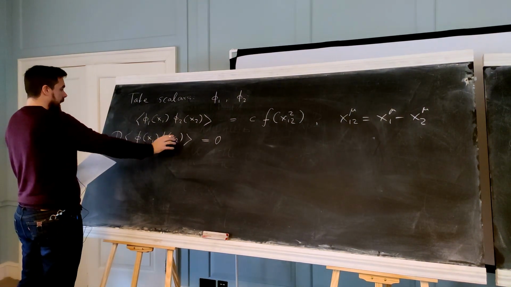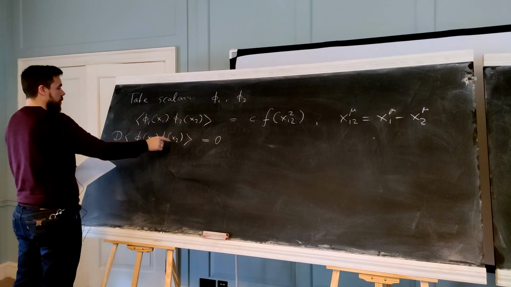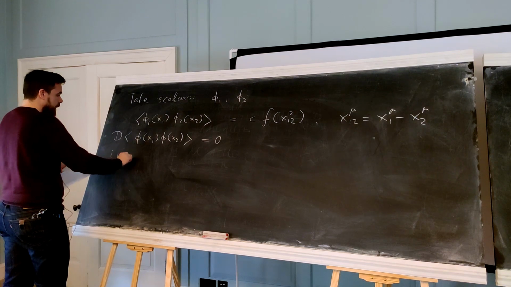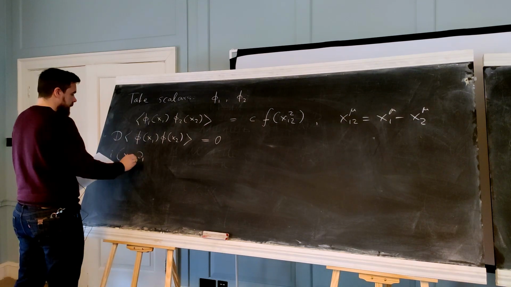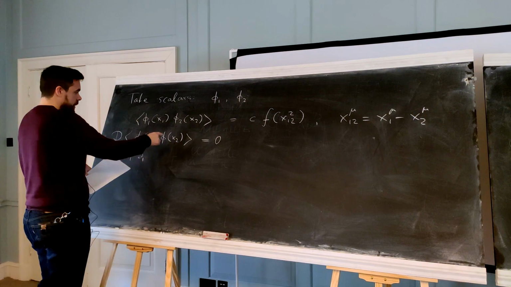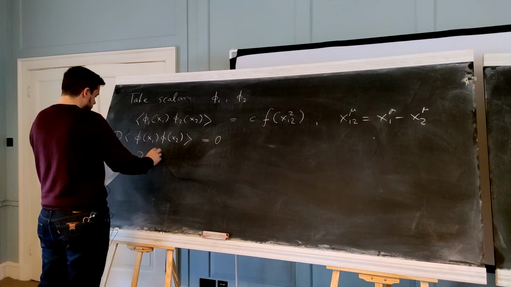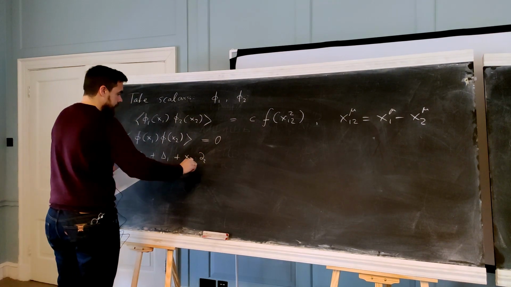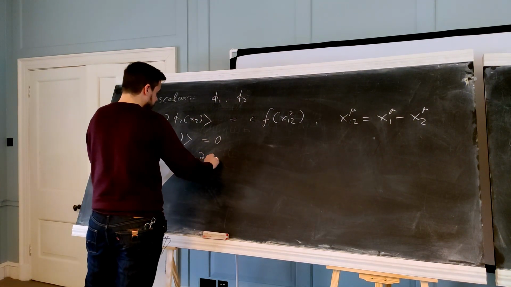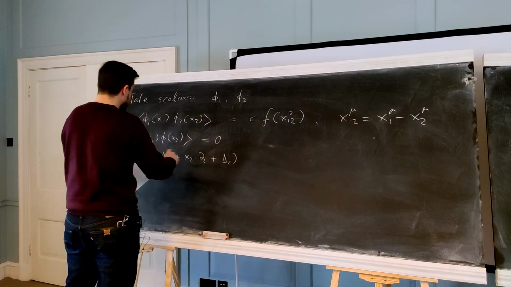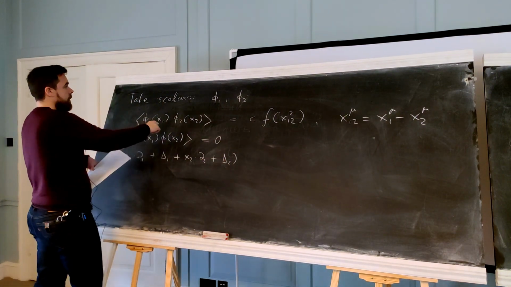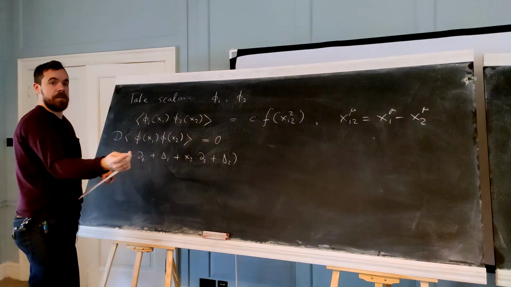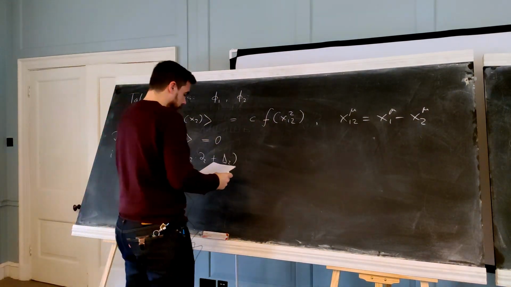So when I act this out, I will get D acting here, and then it will go through and act here. So I will have i times x1 dot d1, where d1 means the derivative with respect to x1, plus delta 1, plus x2 dot d2 derivative plus delta 2, where delta 1 and delta 2 are the deltas associated with these two operators in the representation of this D operator.